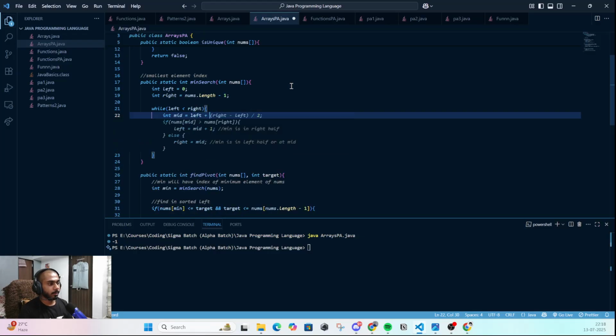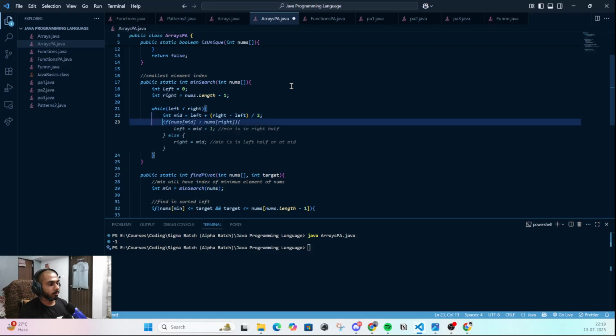Left and right minus left divided by 2. Okay, there is also some logic behind this right minus left instead of just writing left. But anyways,